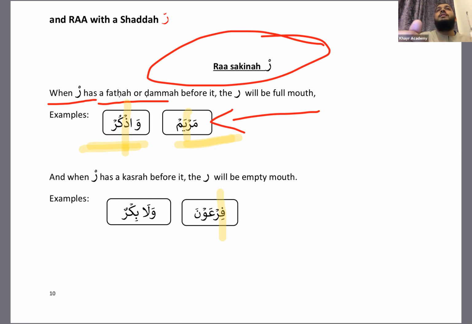We've done 4. Let's just stick to these. There are more scenarios, like when you stop on a ra. I'm not going to teach that now, but we'll teach that in the next module or the last module because it gets a bit detailed. I want you to master this, and inshallah we'll do so.